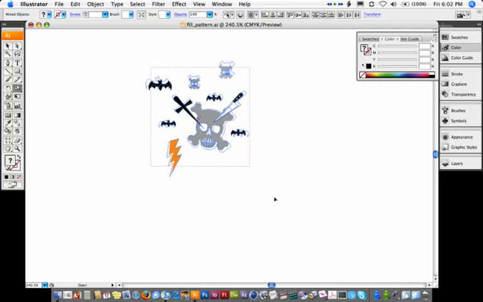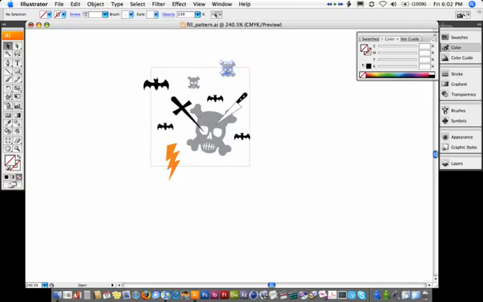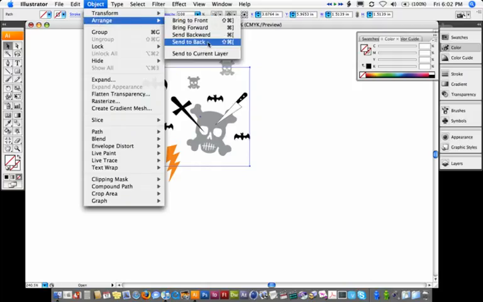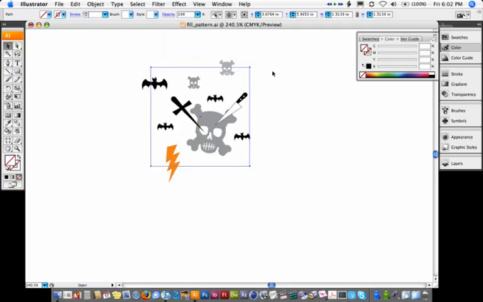And I'm going to enlarge these in relationship to our square a little bit more. I'm going to say that this skull is going to overlap here. This lightning bolt is going to overlap this side, and this bat is going to overlap on this side. Okay. Some of them are overlapping the edges. Let's make sure our clear square is sent to back. Sorry, send to back is Object, Arrange, Send to Back. So now that our clear square is sent to back,